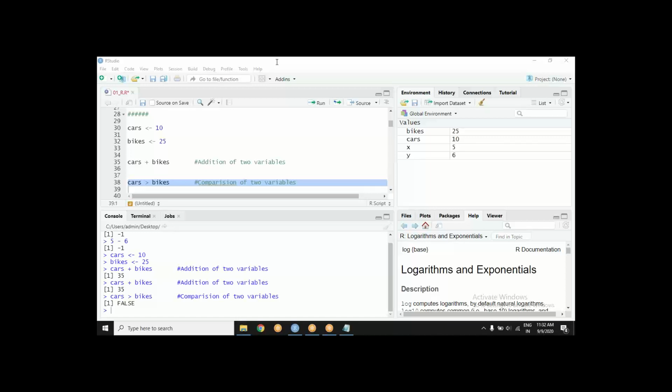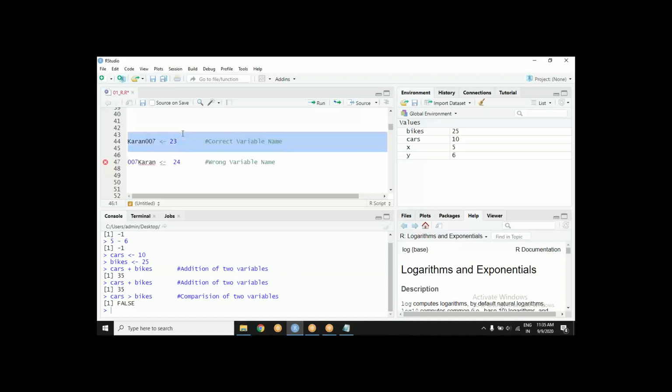So we are coming on to variables. Now, this is the fun part, because a variable can be anything. You see that?